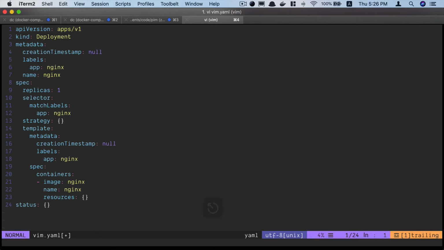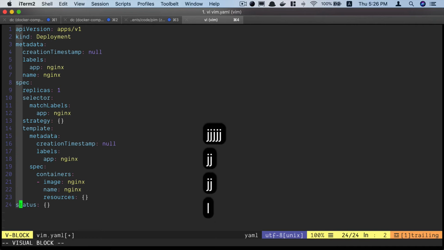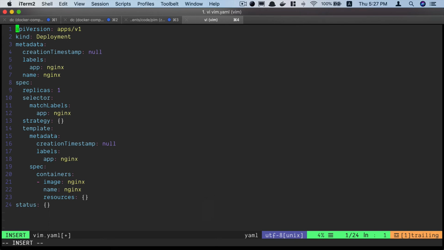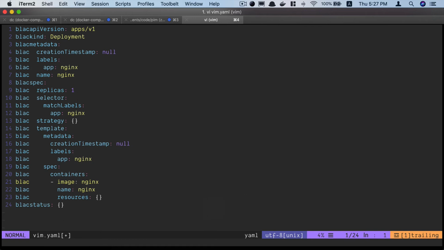And the third mode is by pressing Ctrl V, it enters into visual block, and you can actually select just the first character of the block, and whatever you want, you have complete control over here. Let's say I just want to insert something in front of this block. So I can just do like blah, escape, and now if you see, it has replaced on all the lines.